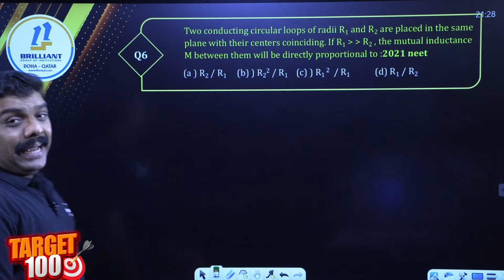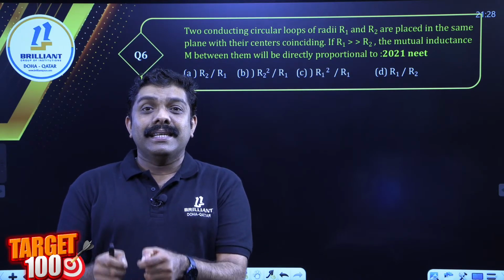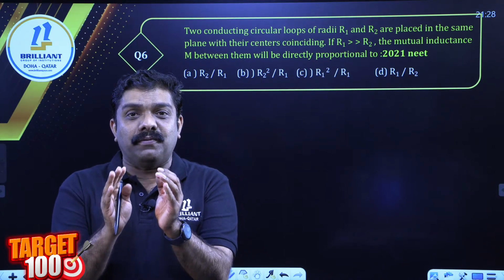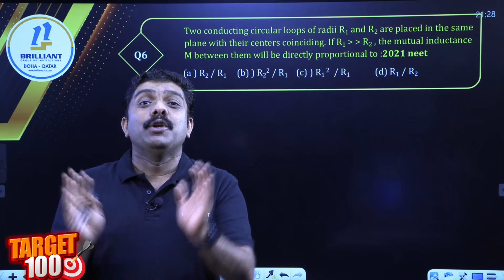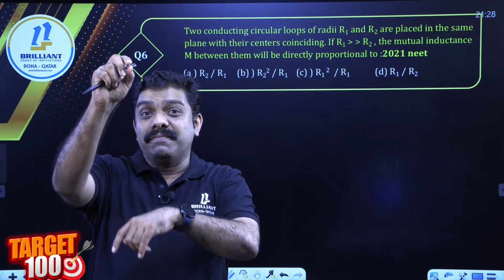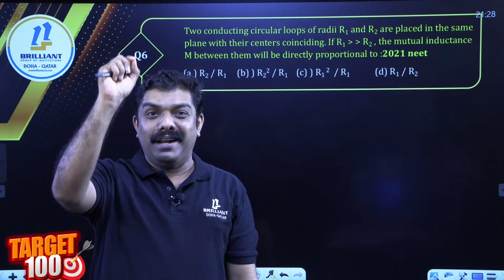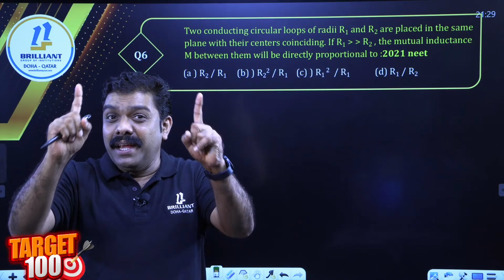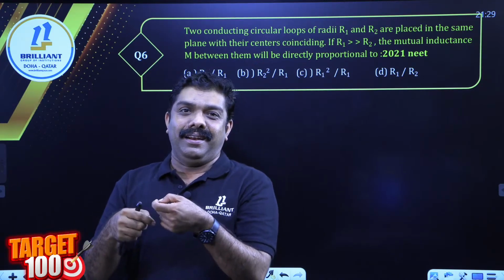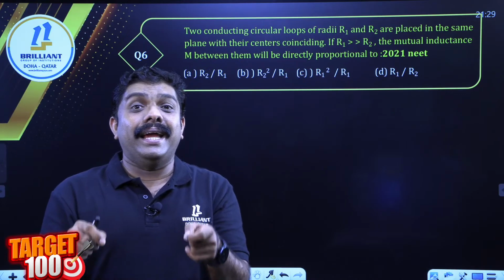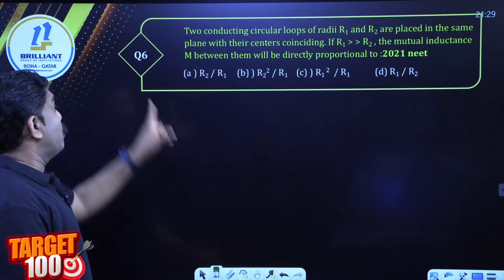One more point: the questions are not only MCQs, because 2 mark and 3 mark questions are also coming, and numericals will fall in that. If they ask what is the EMF induced in a rotating rod, what is our formula? Don't forget, half BL square omega. What is the EMF induced in a rotating coil? It is NAB omega, that's the maximum EMF. Now question 6.